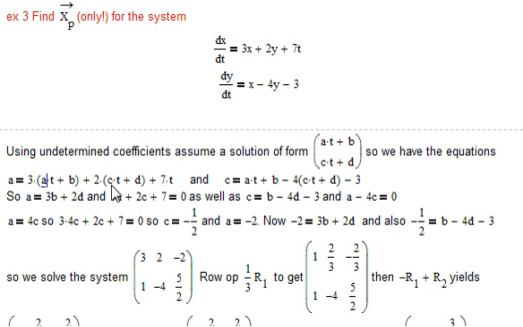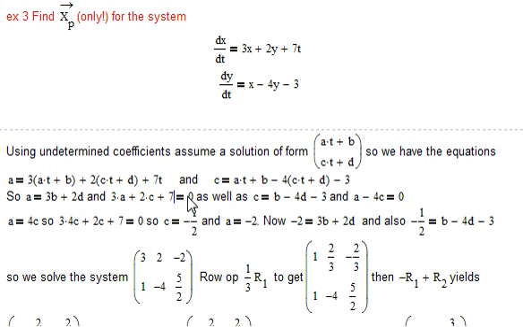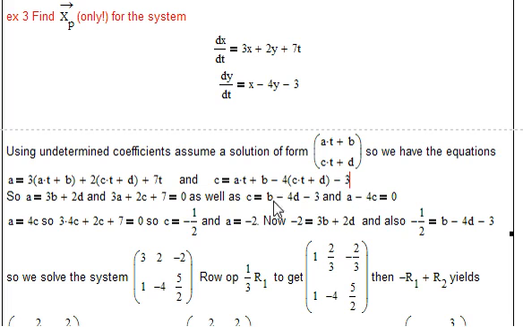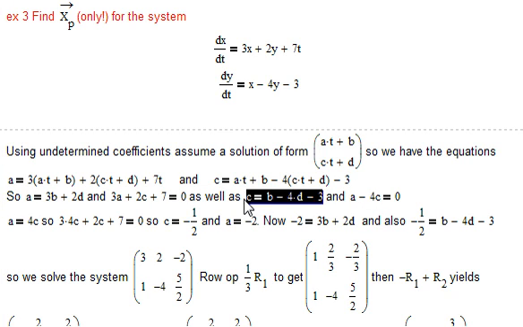So 3a plus 2c plus 7 has to be 0, because there's no t on the left side of that equation. And so that gave us two equations with 1, 2, 3, 4 unknowns. Here's two more. The constants have to be the same, so c equals b minus 4d minus 3. And the parts with t have to be the same, so